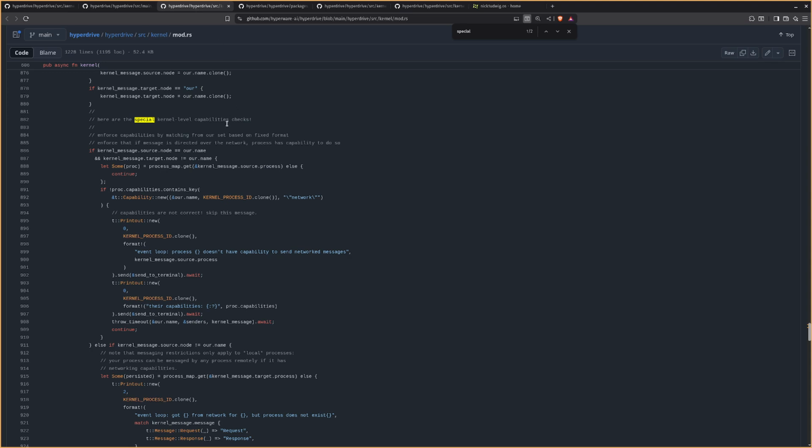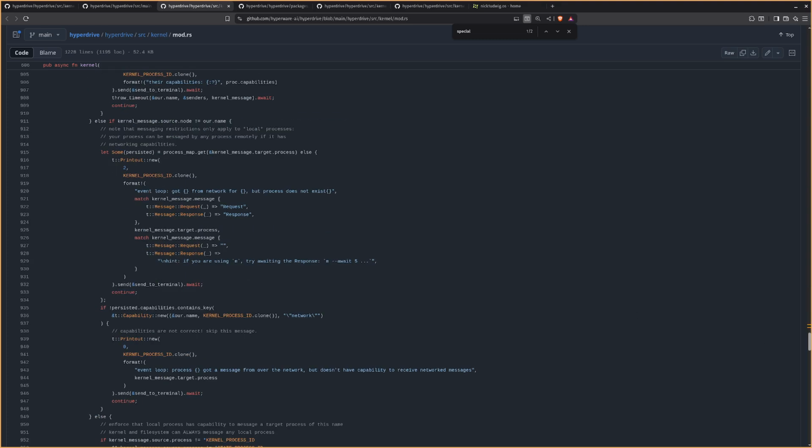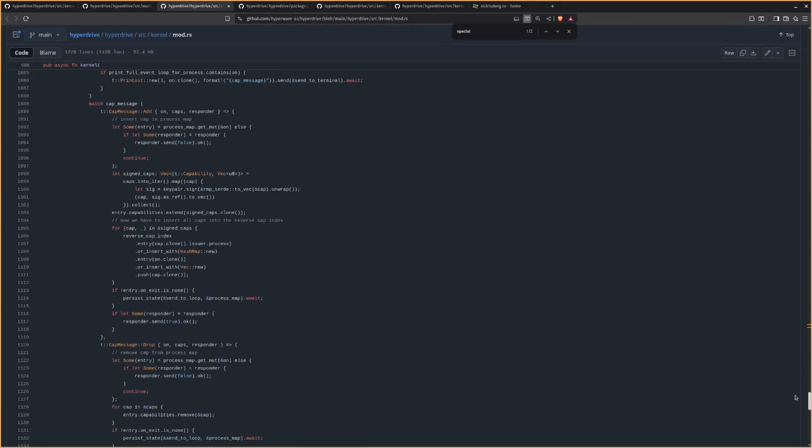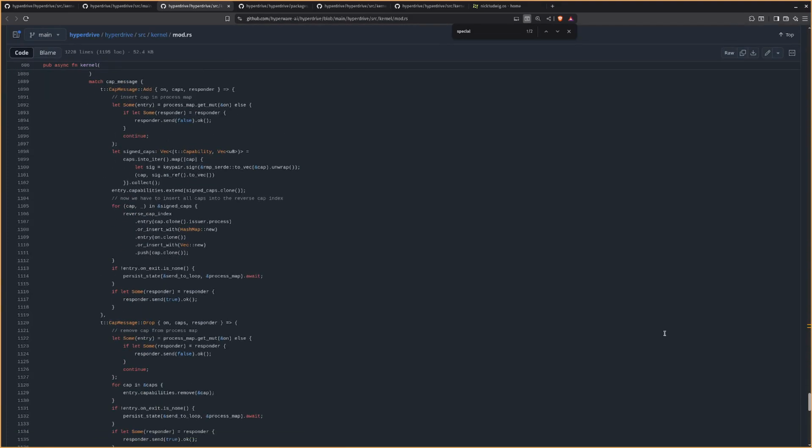Okay, so now we're out of the initial caveat. Back to capabilities. There are special kernel level capabilities which include messaging and networking. Those are handled separately in their own thing here. All the other capabilities are defined by runtime modules or user space processes. So to give an example,